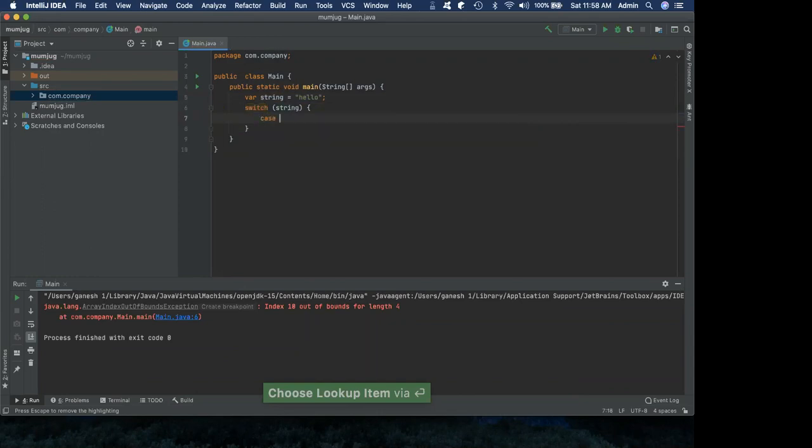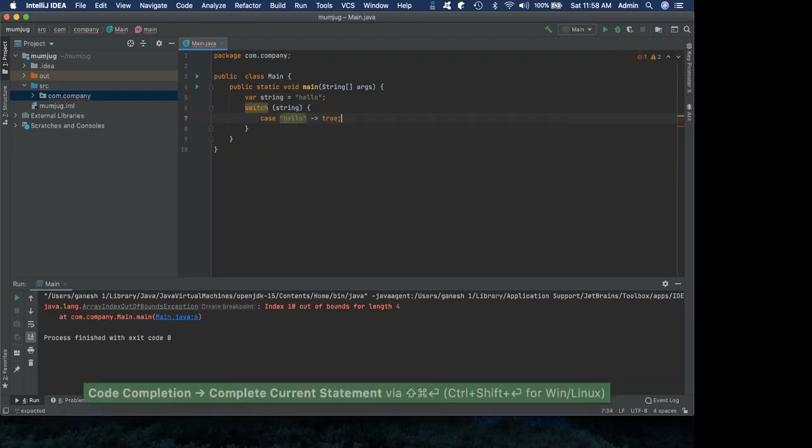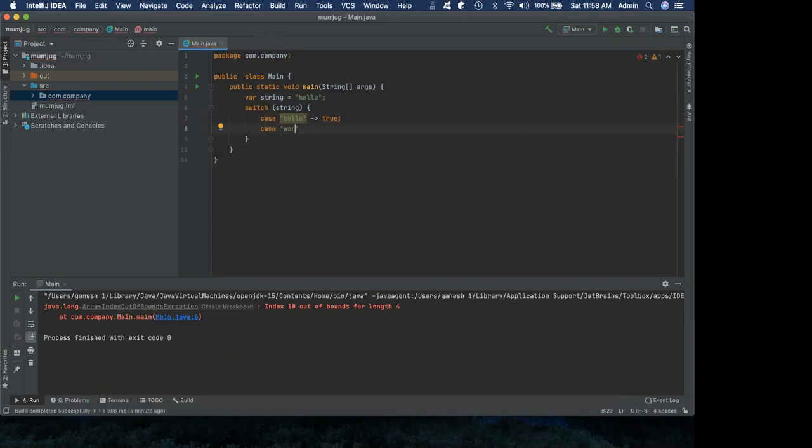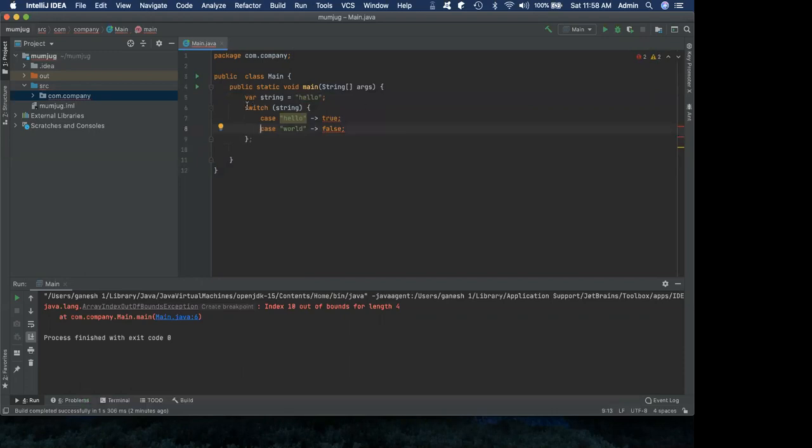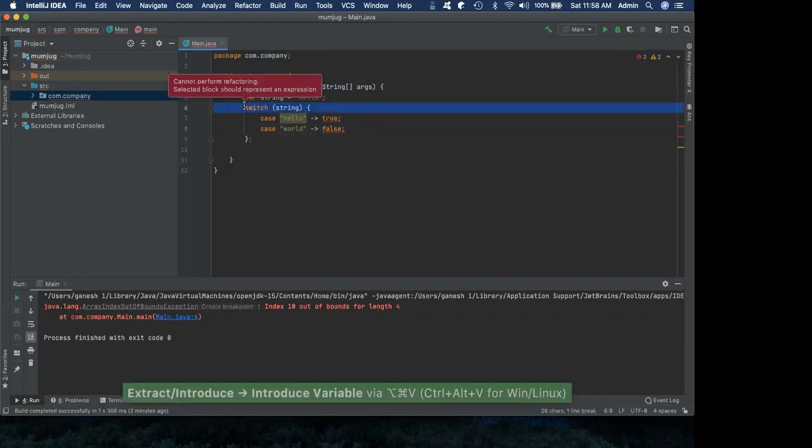So we have the case statement, and if it happens to be hello, let's return true. And in case it is world, then let us return false, right? Okay, so I have to have the return statement.